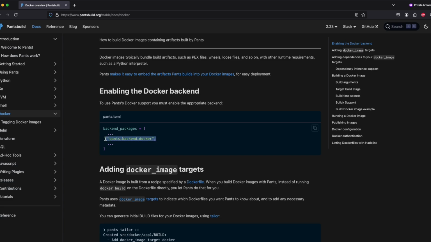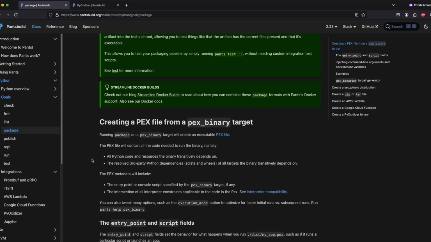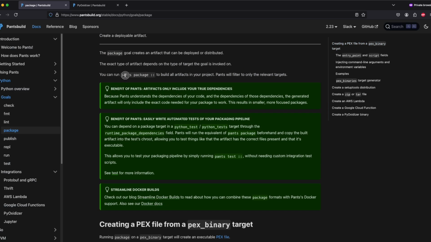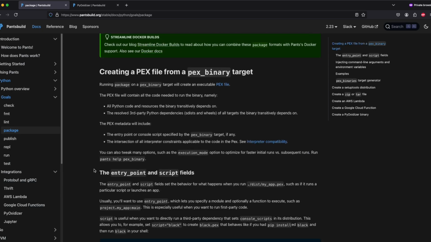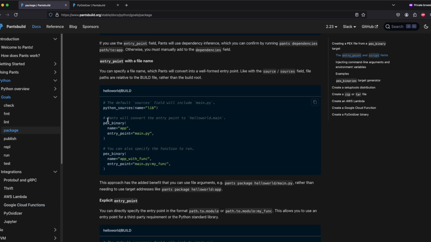We already did this, and I'll show how to build the PEX files shortly. So let's build the PEX files first, then we'll come back to adding our Docker support. And we'll see how to add PEX support. So if you run package, it is going to create a PEX against anything that requires a PEX. So just scroll down and we'll see how you add PEX support. So I can copy this